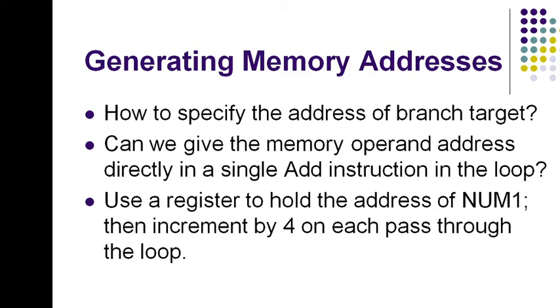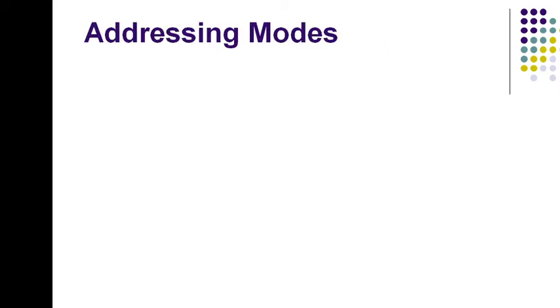These are the questions that come to our mind whenever we are writing code in assembly level language. Such situations and many others like it give rise to the need for flexible ways to specify the address of an operand. The instruction set of a computer typically provides a number of such methods, and these methods are called addressing modes. While the details differ from one computer to another, the underlying concepts are the same. So we shall discuss these addressing modes in this video lecture.